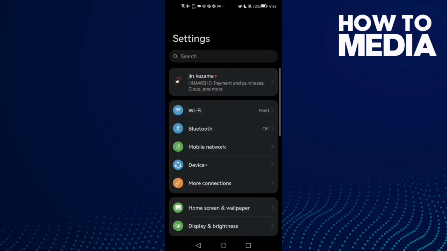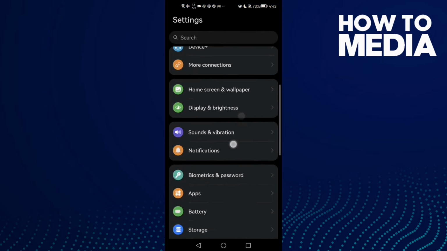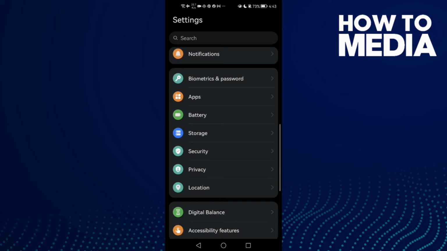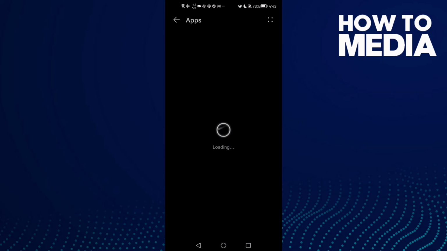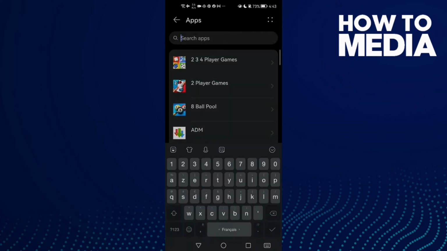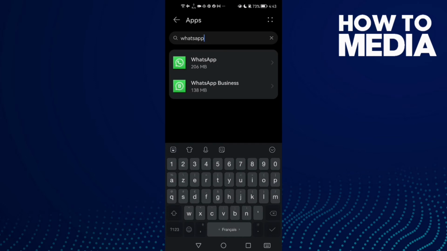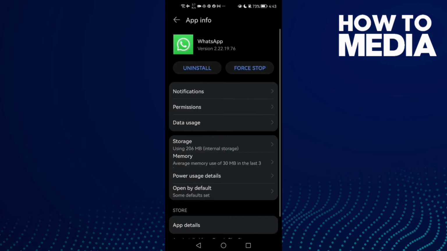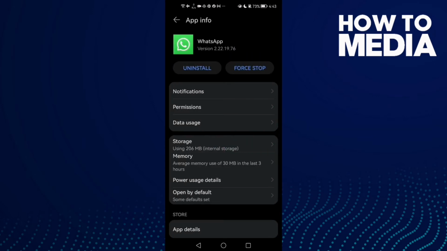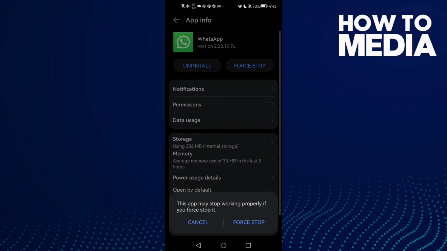First open settings and then scroll down until you find here apps and then click apps again. And here just type your WhatsApp and now click WhatsApp here, click on it, and then all you need to do just click here for stop